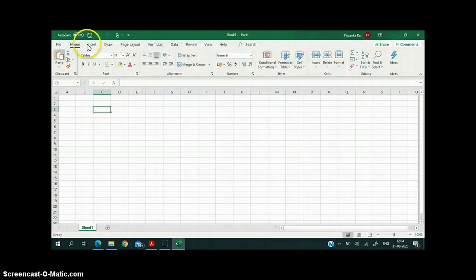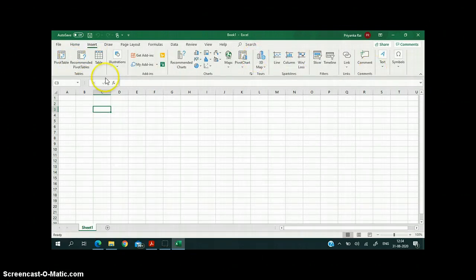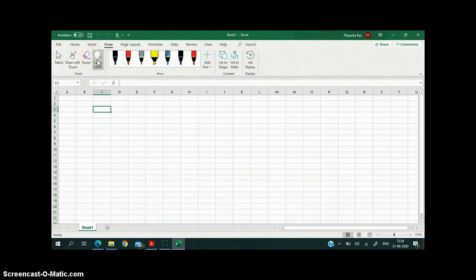Now next is the quick access toolbar. We have seen the quick access toolbar in MS Word also. So this is the quick access toolbar. It has buttons like save, undo, redo, etc. Now next is your ribbon. This is the ribbon, and it displays groups of related commands in tabs. Like this is the home tab, so all these are related commands. Now the insert tab, if I click on the insert tab, then the ribbon will show the related commands. If I click on the draw tab, the ribbon will show the specific commands related to draw.